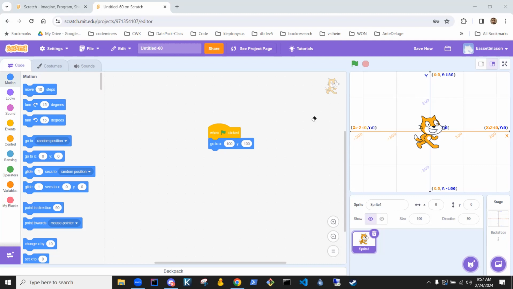Uh-oh, who'd I lose? Did I lose everybody? Oh no. All right, Marin, are you there? Yes. Okay, I realize we're running out of time, so I'm gonna go over your homework, okay? We'll practice more with coordinates later. So Tyler, I want you to make sure you have your